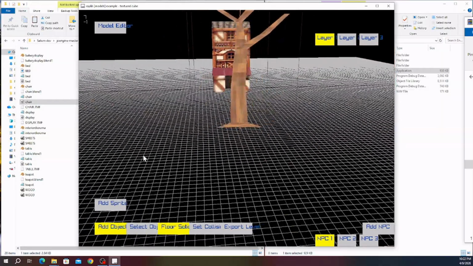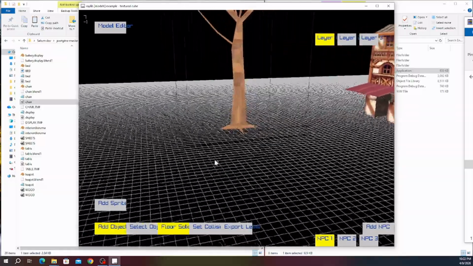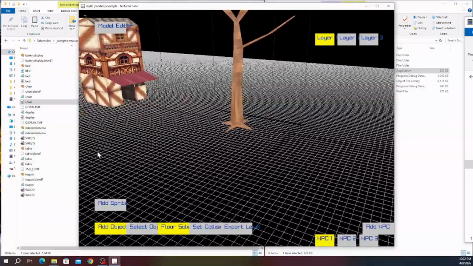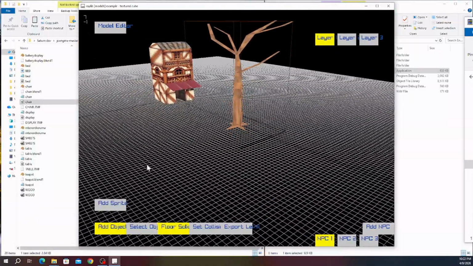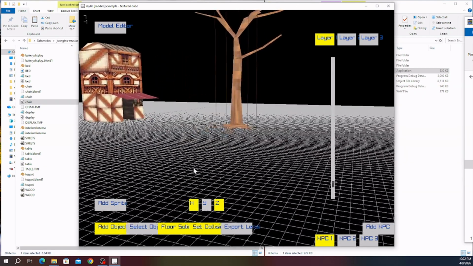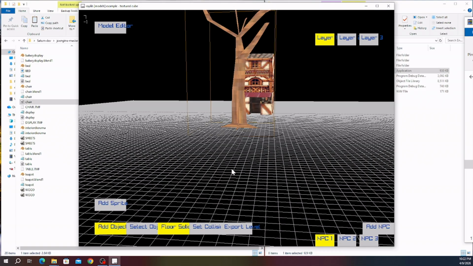On the house, the borders made a lot of sense. The boundary is set by the size of the object and its furthest vertices. However, for the tree, this is too large because of the branches at the top protruding further than at the base. I can use this set collision button to adjust the collision box accordingly. Then I can use the slider to adjust the size. I want collision to be roughly in line with these roots so that the carrot can walk right up next to the tree. Let's turn off set collision